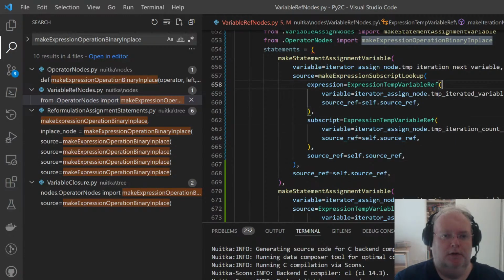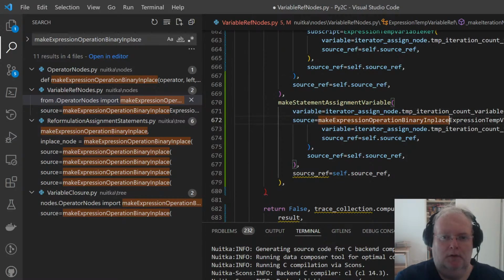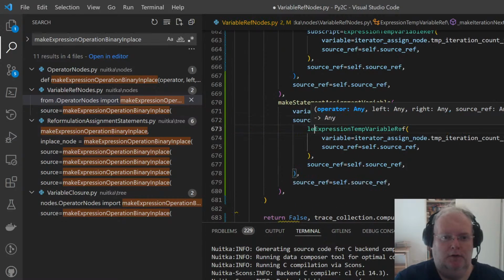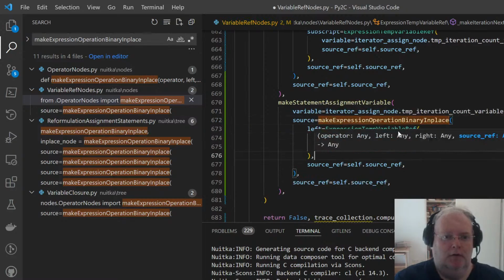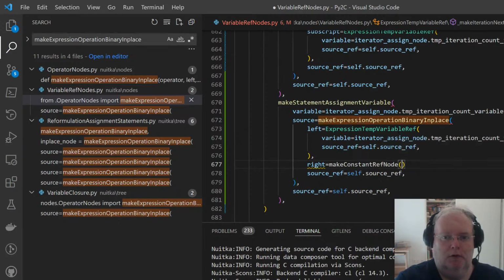It definitely is. So left is this. The right is make constant ref node constant equals 1. Source ref equals source ref.